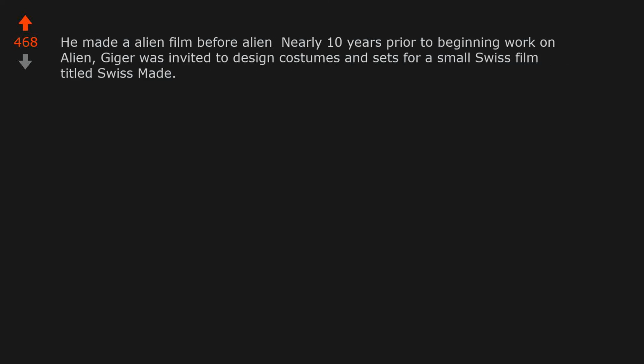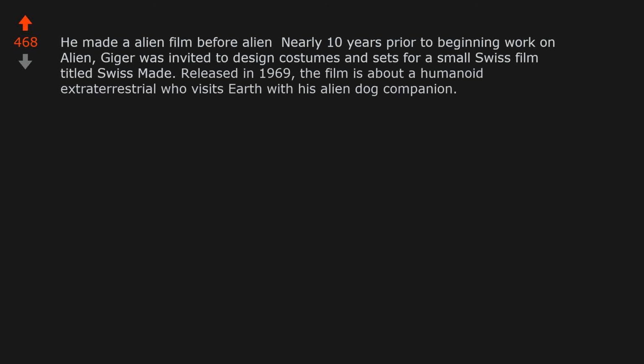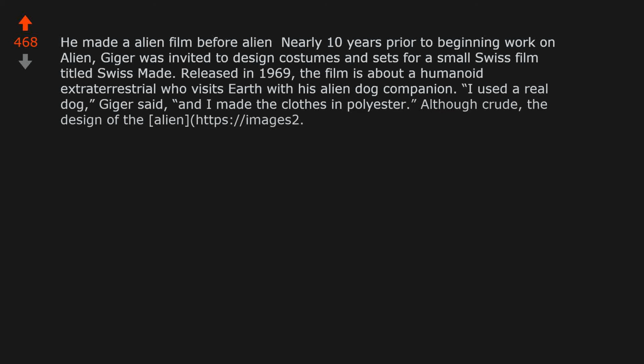He made an Alien film before Alien. Nearly 10 years prior to beginning work on Alien, Giger was invited to design costumes and sets for a small Swiss film titled Swiss Made. Released in 1969, the film is about a humanoid extraterrestrial who visits Earth with his alien dog companion. "I used a real dog," Giger said, "and I made the clothes in polyester." Although crude, the design of the alien,